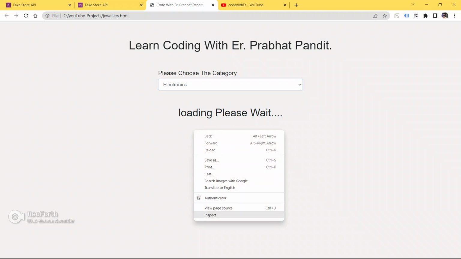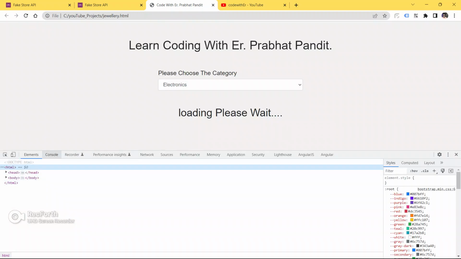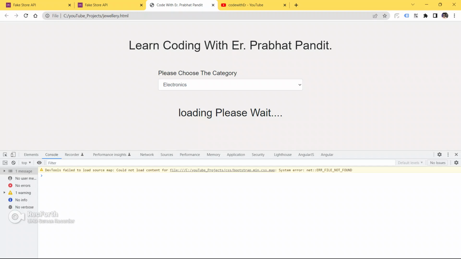It is taking time, I guess the server is down guys. This might be a server issue, so that's why it is taking so much time to load the products, because we are fetching the products from the external API. This tutorial is fully dynamic and fully up to the mark. If you learn how to fetch category based products, you will feel confident that you can fetch anything based on the category from an external API, from a REST API also.